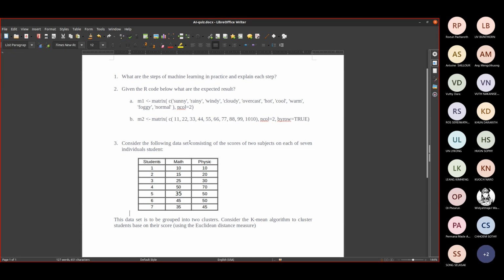Consider the following data set consisting of the scores of 2 subjects for each of 7 individual students. So here, math and physics. This data set